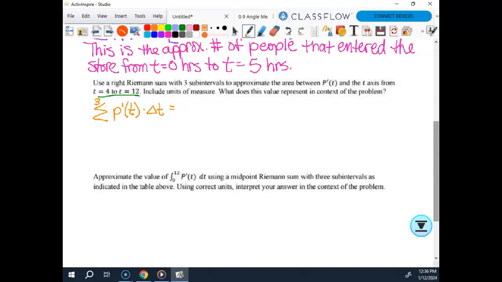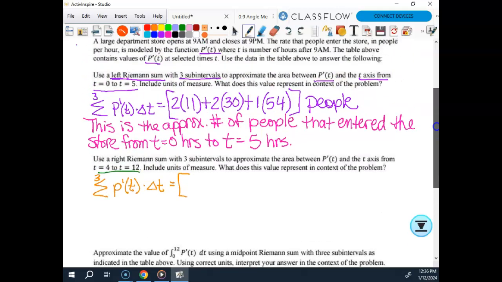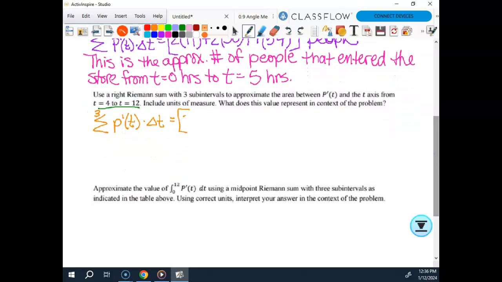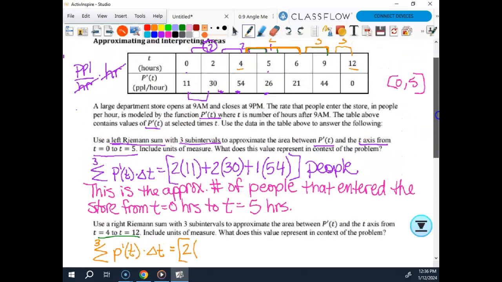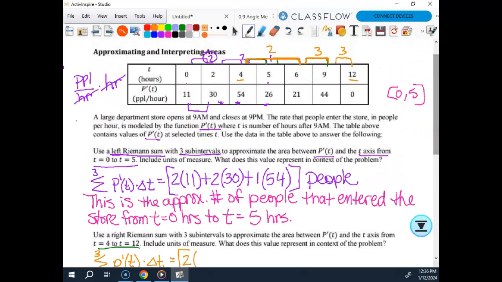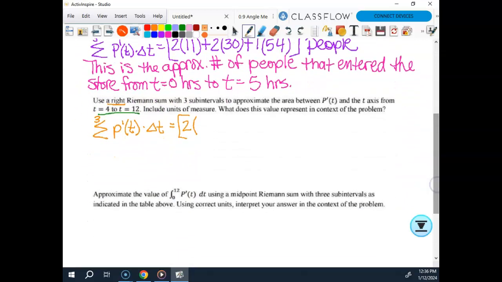All right, so I want you to think about what we're doing here. What's the width of the base length of the first rectangle? 2, right? What is the height of the first rectangle? 21, because it is a right Riemann sum, right? So on this interval, the right-hand value is 21. So 2 times 21